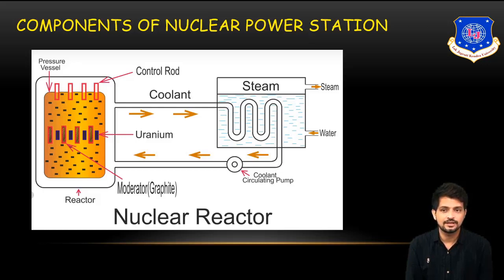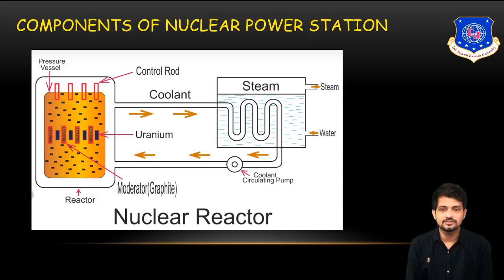When uranium is bombarded and undergoes the nuclear fission process, then what will happen? Here you can see the nuclear reactor, and the control rods are shown. Then a coolant is there, a moderator is there, and then you can see one component, that is the steam generator. The steam generator is nothing but the heat exchanger. The important components in the nuclear reactor are the fuel, the reactor in which we are going to inject the fuel, then control rods, coolant, moderator, and coolant circulating pump.